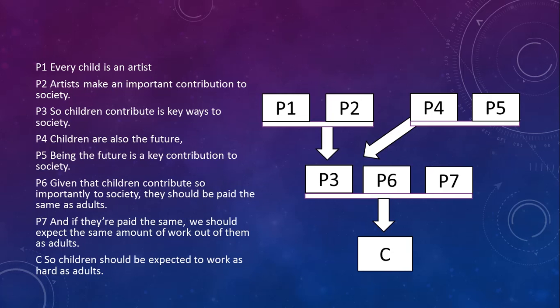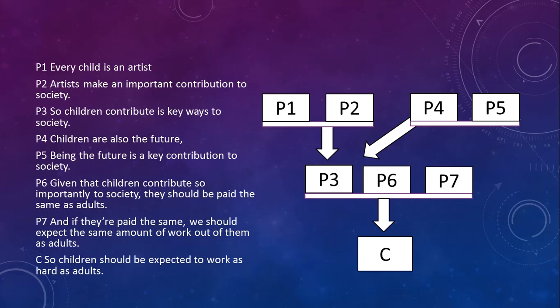Were we supposed to not add missing premises? You were not supposed to add missing premises. So if you had P4 and P5 as one premise, that would be also correct. Okay? So I kind of turned that one thing into 2 premises because I thought that one sentence contained 2 premises, but if you did just turn that whole thing into P4 pointing at P3, that is correct. Okay?